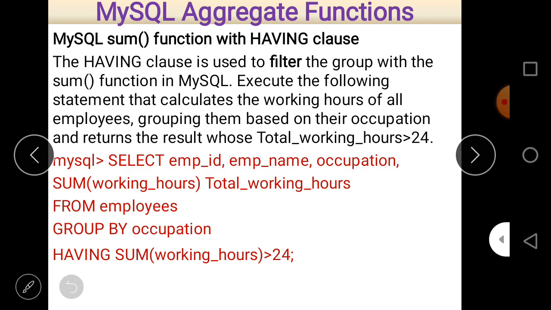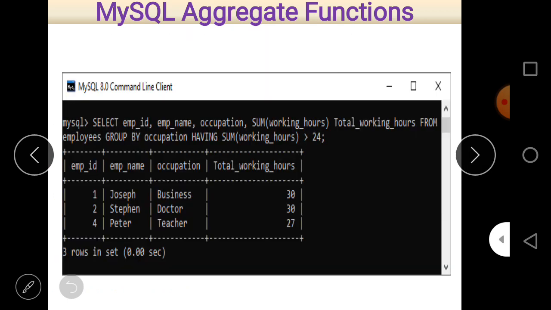So let us check its answer. This is the answer. You can see here only 3 rows are selected, and this is the query. You can see it easily on the screen. Now I think the concept is very clear to all of you, how to use the HAVING clause with the GROUP BY clause and the aggregate function.